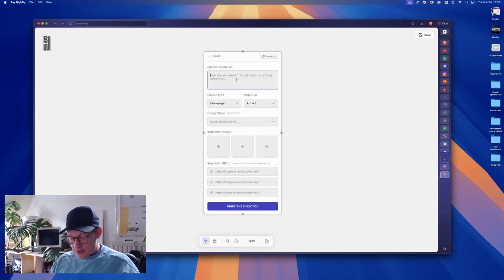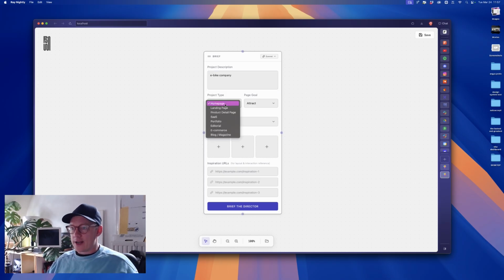And from that new project, I can actually start writing what the project description is. So for now, let's start creating design styles for an e-bike company. Let's see. And I want to keep it as blank as possible now. And then I can select the project type. So this is not at all a tool to start building websites. I wanted to actually see how far I can push AI. Back in December, like now we can actually push it a lot further with just coming up with different design